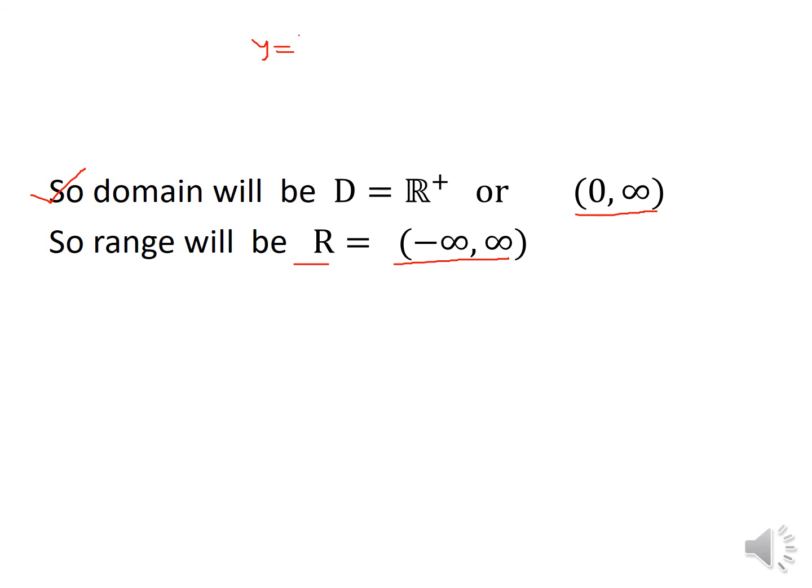So we can also determine the domain and range of this function y is equal to ln x using its graph. So now we'll draw the graph of the function y is equal to ln x. So this is the x-axis, this is the y-axis, this is the center 0. So now we know that when x is equal to 1, the logarithmic function has value 0, and the shape of y is equal to ln x will be like